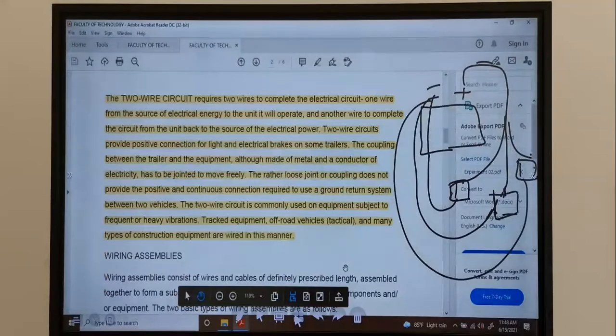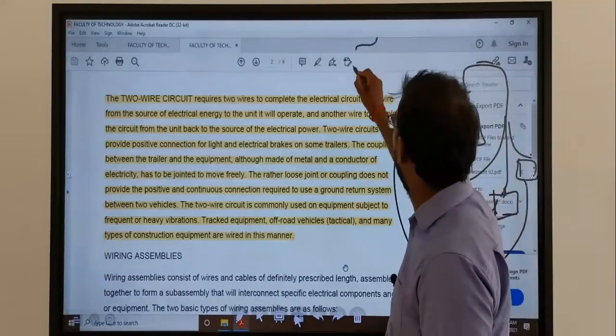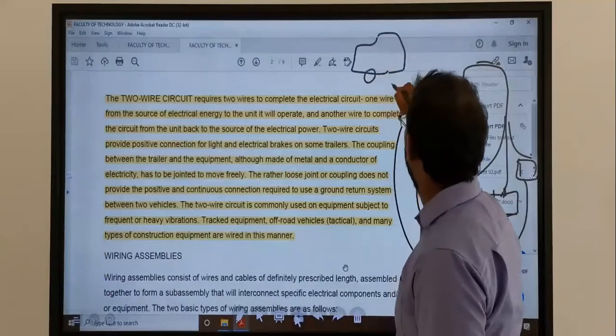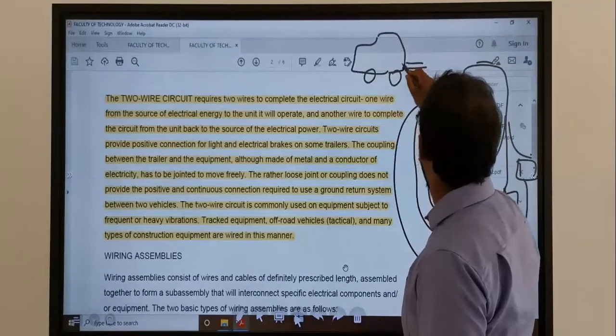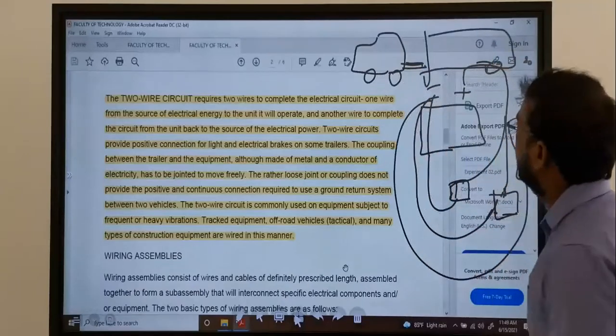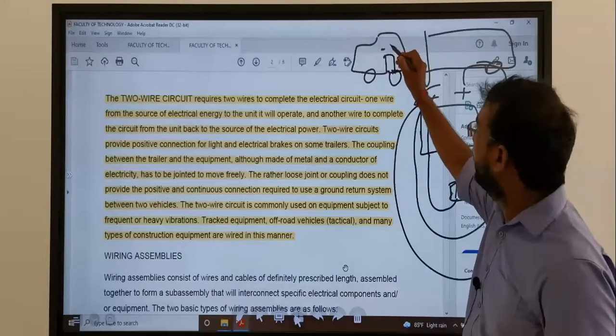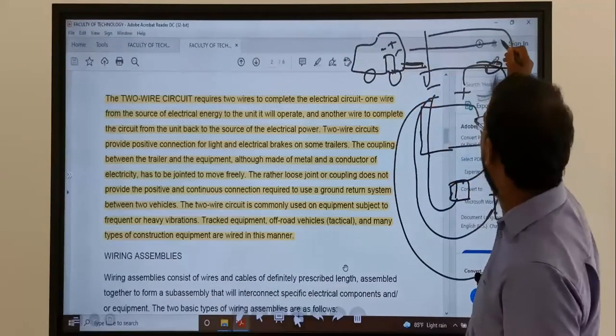Here, for trailers, the brakes of trailers. Trailers means, you know, like a container. This is a trailer connected with the coupling, and there is a container. The battery is here, with minus and plus, and the plus line is connected here.